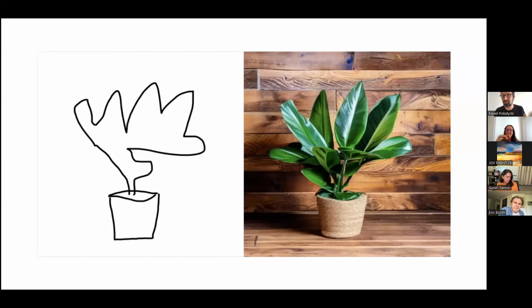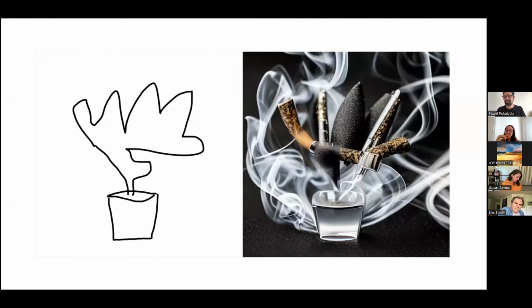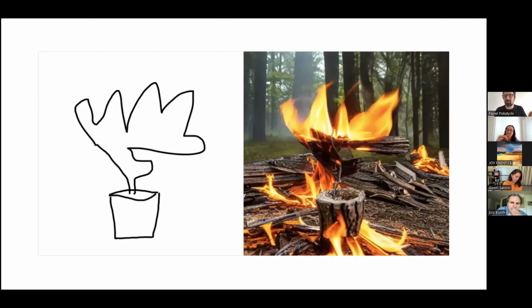Okay, but the interesting thing about AI, which is as much artificial intelligence as artistic intelligence, I could say, is that it could be, for instance, in this case, the prompt is smoke or burning forest.